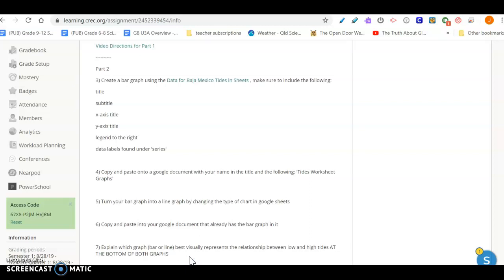And you're going to save it. It will already be saved because it's a Google Doc. You're just going to submit it to this assignment. So you'll actually have 2 different Google documents submitted to this assignment. So again,